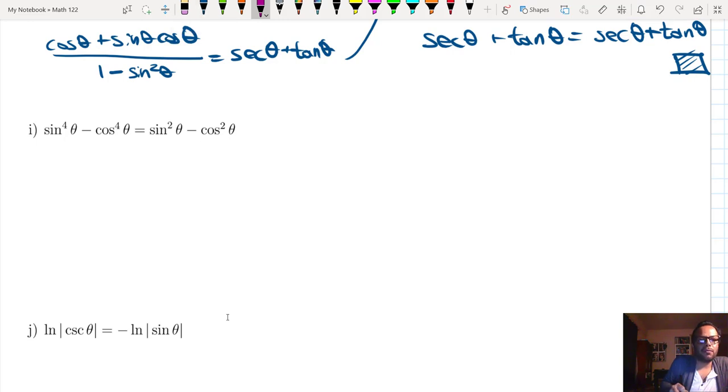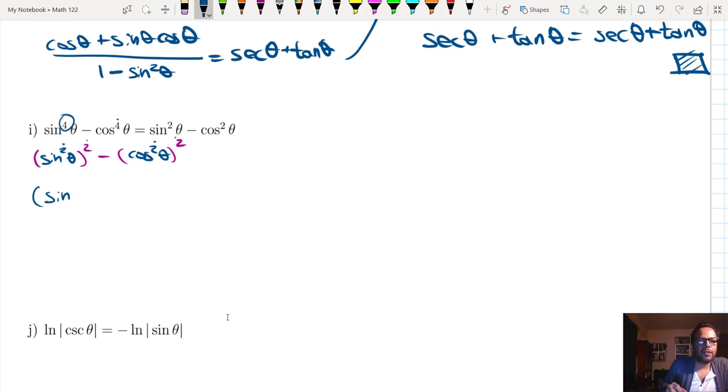So, what quantity squared equals sine squared? What quantity squared equals cosine squared? Okay, the first quantity, sine theta squared, because 2 times 2 gives us 4. And same for cosine squared, because 2 times 2 gives us 4. So we are going to write this as a difference of squares in which